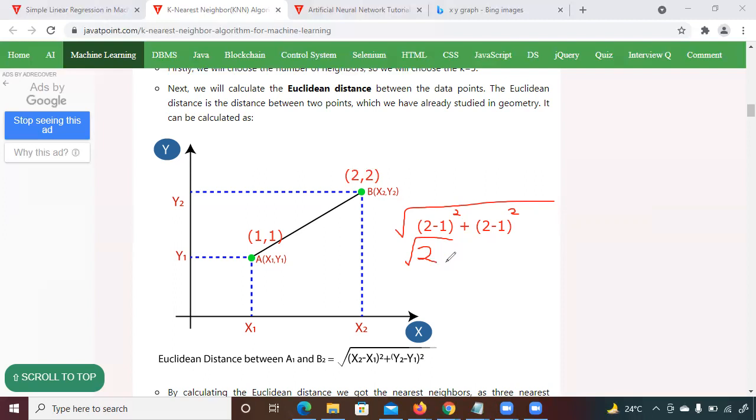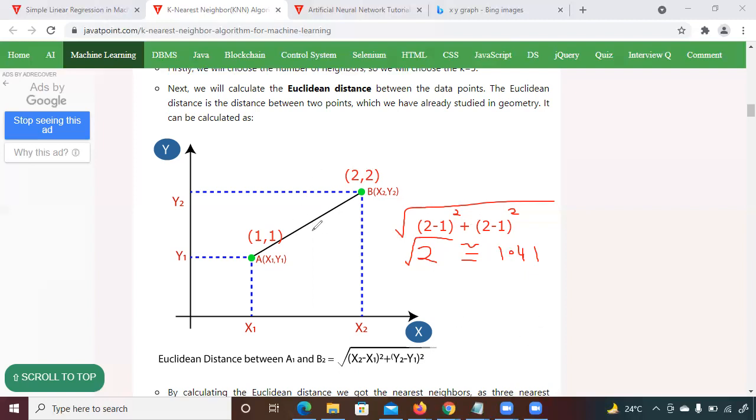And when you find the root 2 equivalent, it will be approximately equal to 1.41, which you can take as 1 as well. So the distance between these two is approximately equal to 1. 1.41 means nearby 1 only. So it will be 1, right? And that's the reason we use the Euclidean distance formula. There are other formulas as well, Manhattan and others, but these give more accuracy.